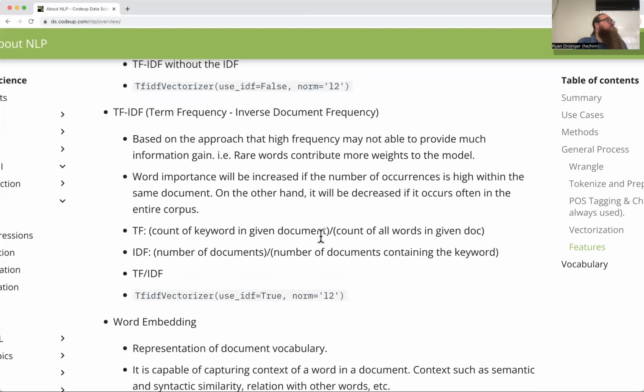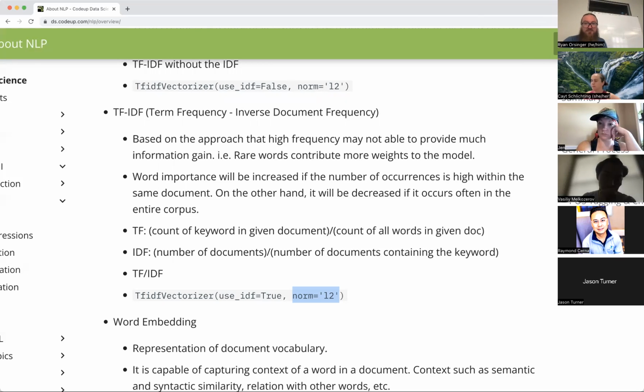Mindy, go ahead. The norm equals L2 is 12. Oh, it's an L2. The norm is a measure of basically distance of vectors. So I'll give you an example of a norm. Let me make sure our folks at home can see the board here. So if you have two points here and here,